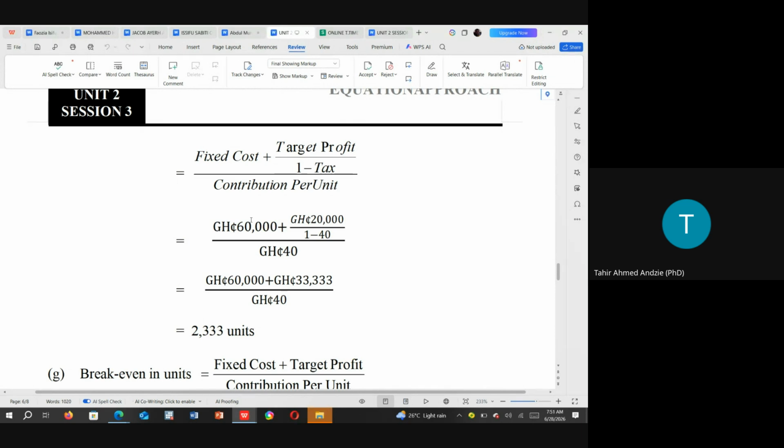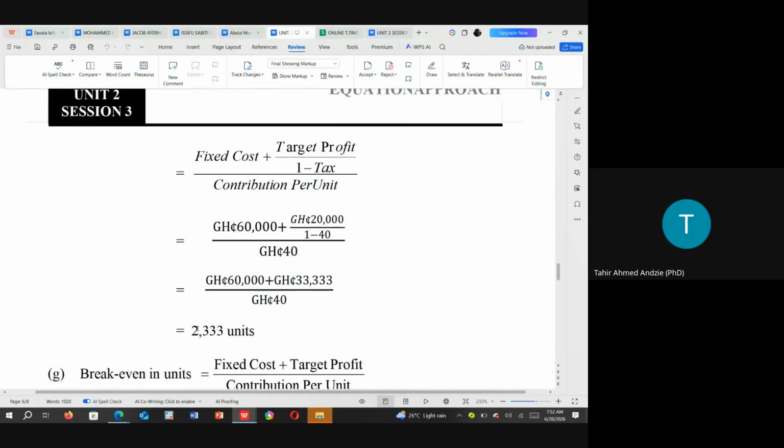So here the formula will be 60,000, that's fixed cost, plus 20,000 divided by 1 minus 0.4. And so it is going to be 20,000 divided by 0.6, and that gives you 33,333. Okay, so you have the total cost now to become 93,333 divided by 40. That gives you the units to sell to make a target profit